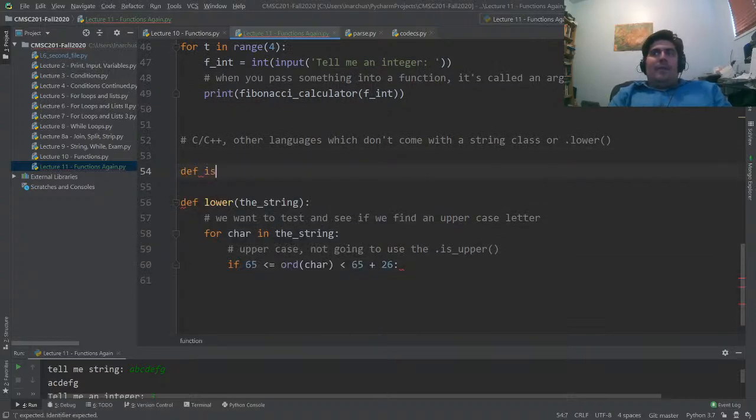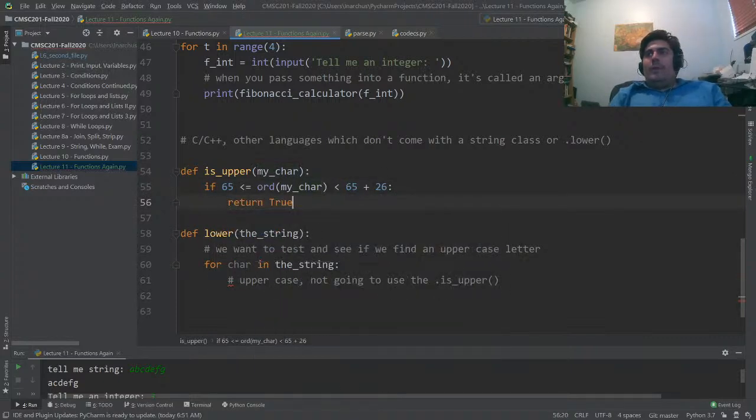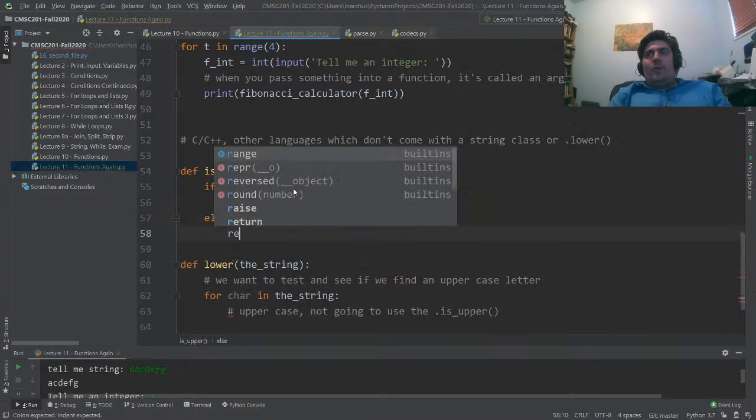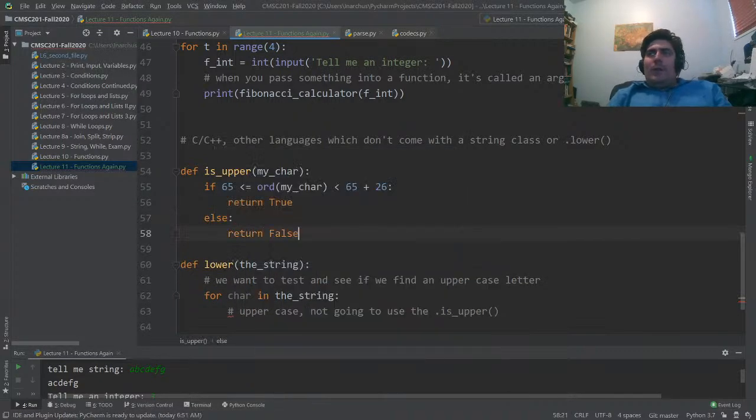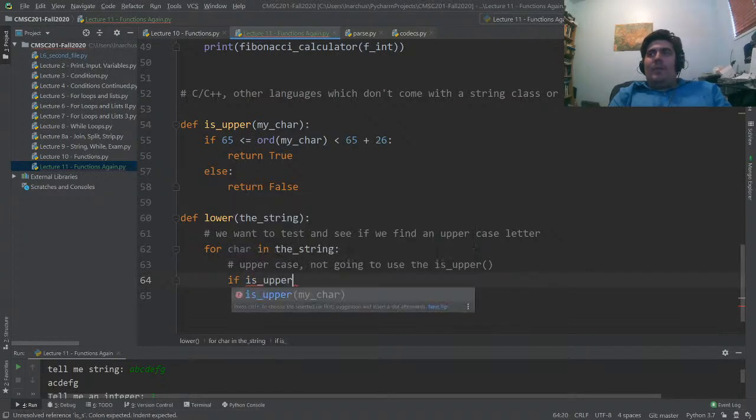We could say def IsUpper, my character. Basically, you would cut this code out and put it in here, and say my character, then you return true, else return false. And that's really what IsUpper, at least character by character, is doing. So we can call the IsUpper method. This is not a .IsUpper method, this is just a regular IsUpper method. So for instance, we say, if IsUpper character,